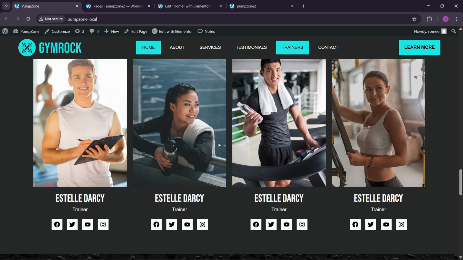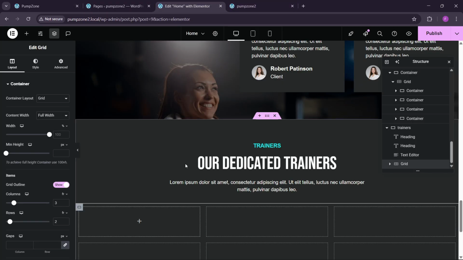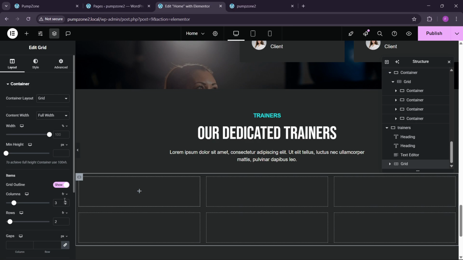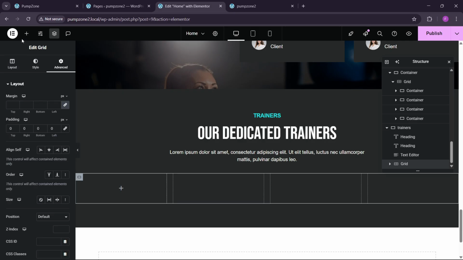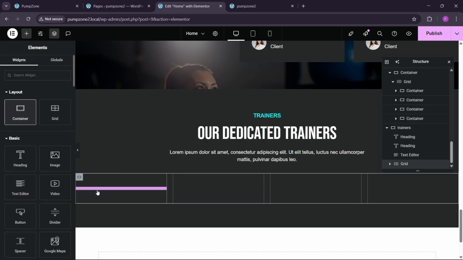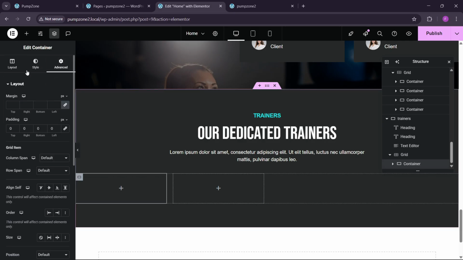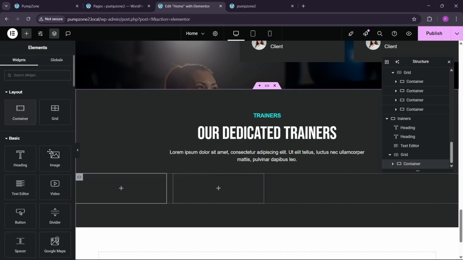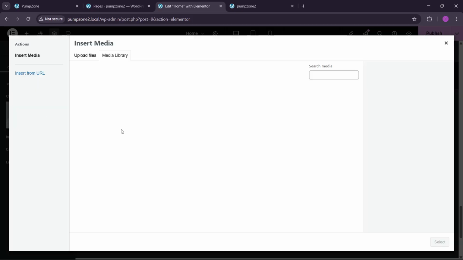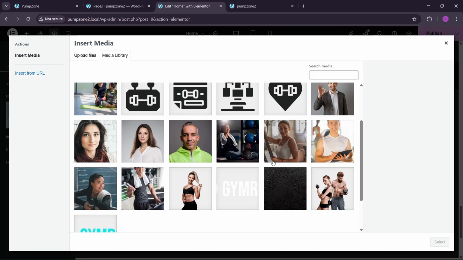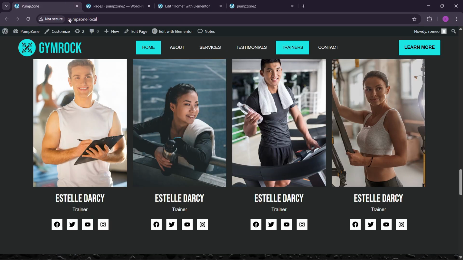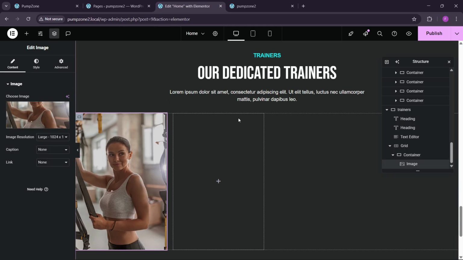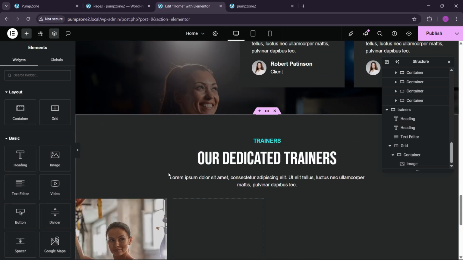Okay, now you can see that we have the 4 columns here. So we can make this 4 by 1 like this, and here we can add a container. Let's remove the padding, add an image. Here we can choose all of these images one by one. Also you can see that we have this very simple and beautiful layout,